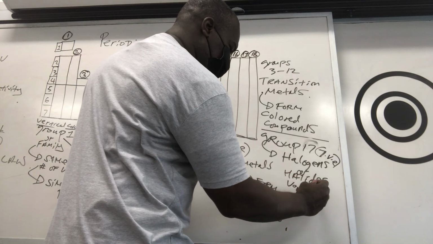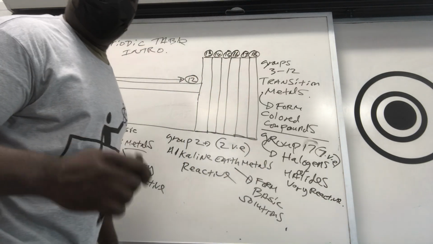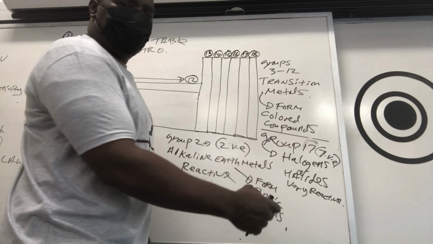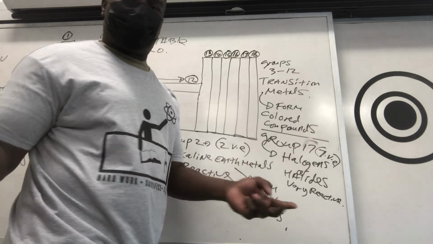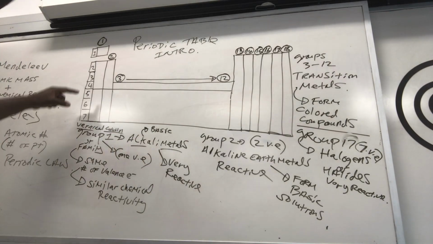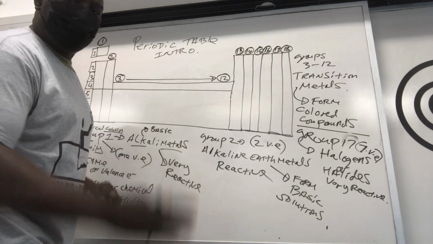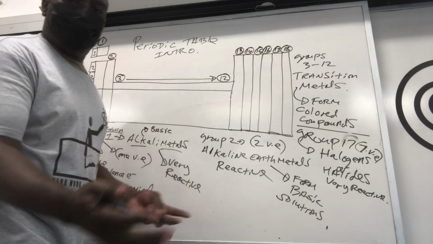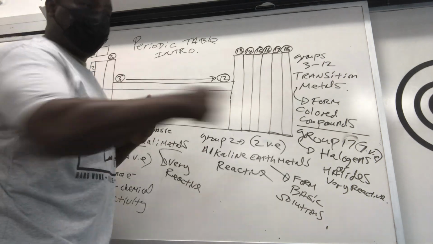Now here's the deal, folks. In atomic structure, we did talk about stable octet, right? Trying to achieve a stable octet. So these guys in group 17 only need 1 more to gain to get to a stable octet. So think of them as looking around, scavenging around, looking for 1 more electron. The guys in group 1 have to release only 1 electron to have a full valence shell. Okay, most of them are stable octet, except hydrogen, right? So they're looking around, scavenging, to give someone their electron.